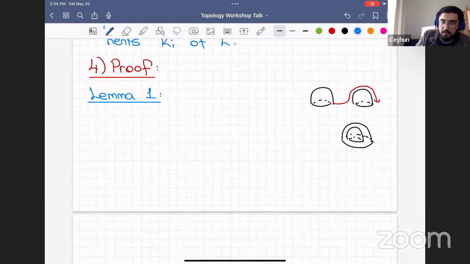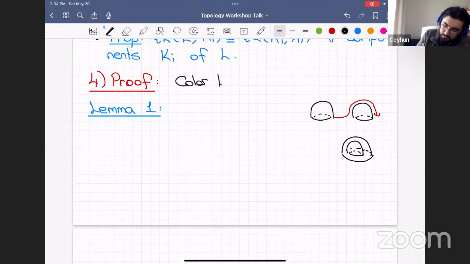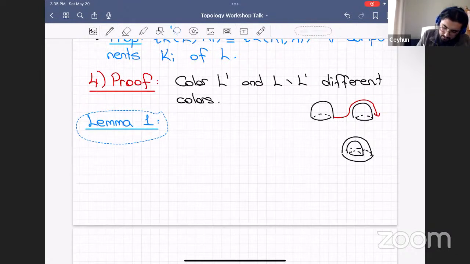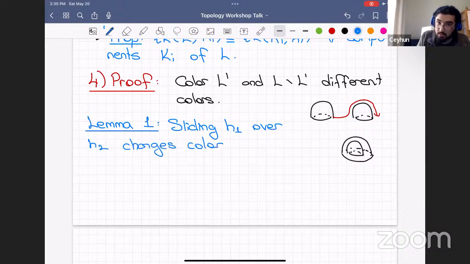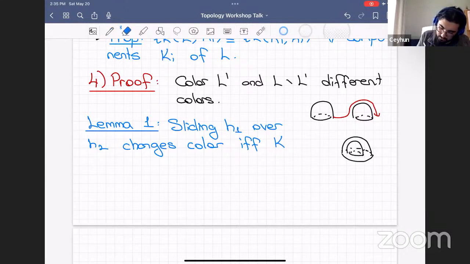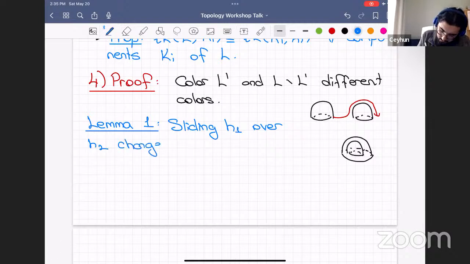And this lemma tells us that if we color L prime, L and L prime different colors, so we have a link that is colored with two different colors. This tells us that if we slide H1 over H2, this changes the color of K2 if and only if